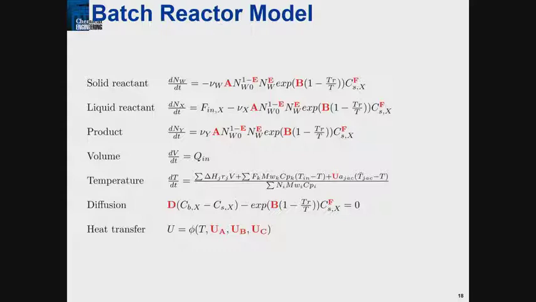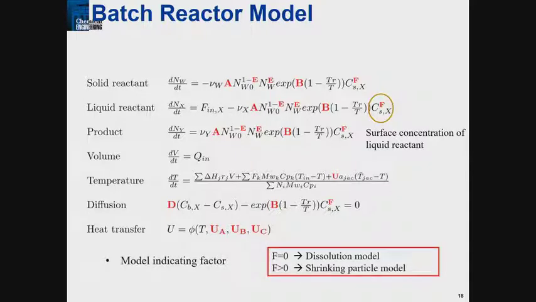And what we can't do, and this is basically where it gets interesting. So there we have the one thing that discriminates very, very abruptly the two models. If f is 0, you have the dissolution model. If f is greater than 0, you have the shrinking particle model, okay? And so there we have, you know, basically that determinant. That's one of the things we need to estimate, and we have to do it well, okay?